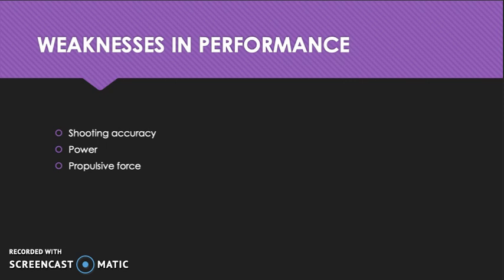And thirdly, in improving the power in the legs, the athlete will also be able to generate more power in her sprint, which will help her to run faster. And the final weakness I've chosen also helps the sprint, and it's just to develop the propulsive force she has in her foot. And I've chosen to do this because if she has a greater propulsive force, then she'll be much quicker pushing off the floor. And it needs to be developed so it's larger than the braking force, which means she'll be accelerating more.